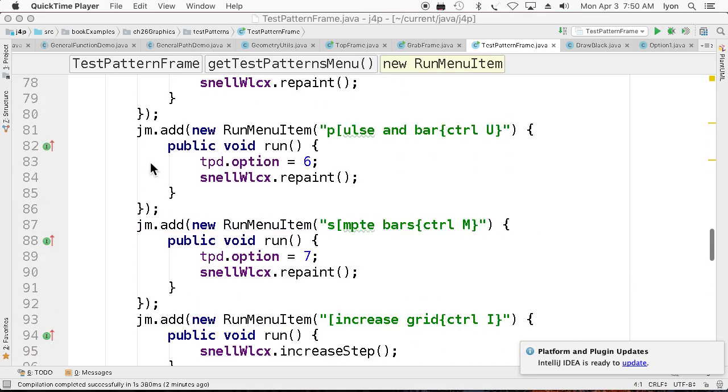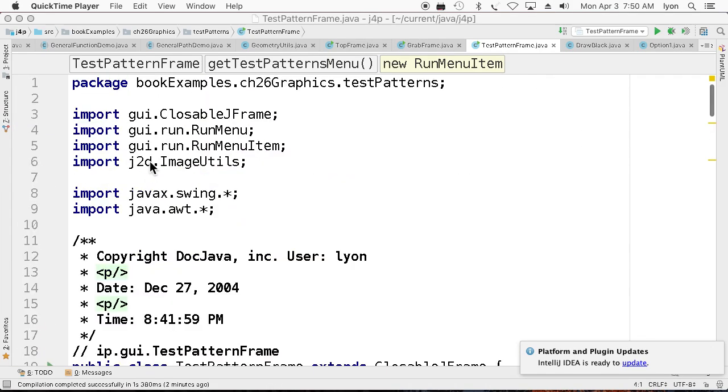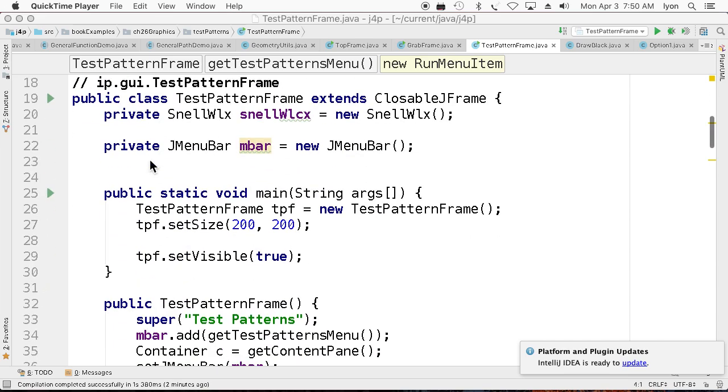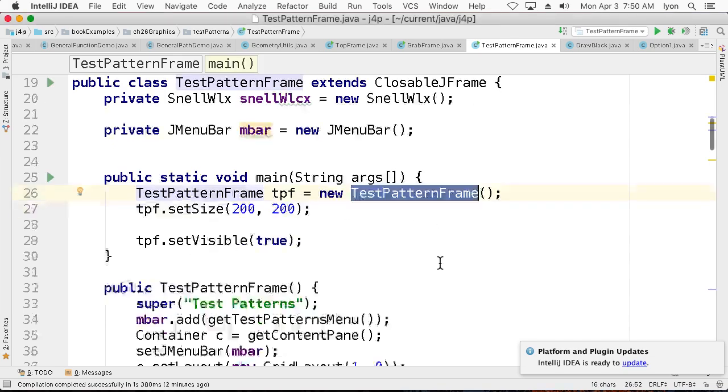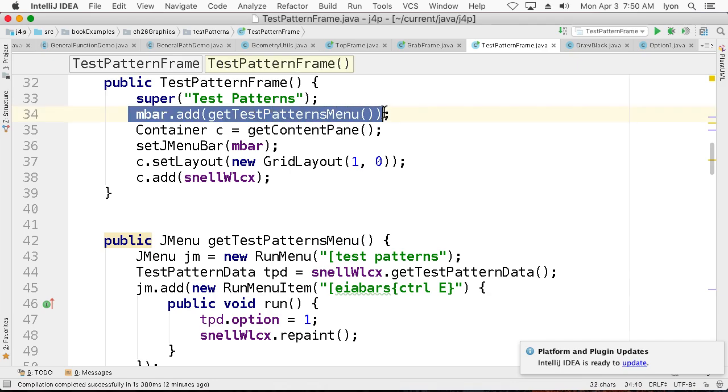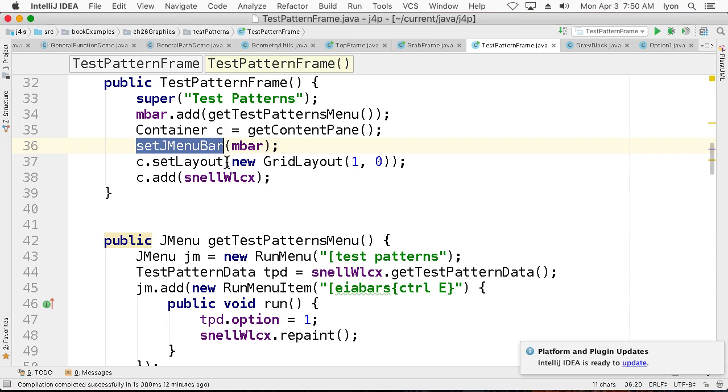I thought I'd give you a good practical example of what you can do with a graphic user interface and some simple drawing commands. We'll set up a menu bar and we'll create a frame, and inside of that frame we'll do some drawing. And the drawing is going to be altered based on the menu bar selection. We'll have a main menu bar that we'll set. We'll use a simple grid layout with only one item, and we'll add the so-called Snell and Wilcox